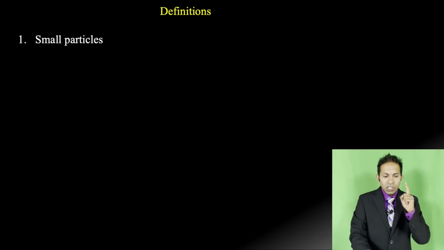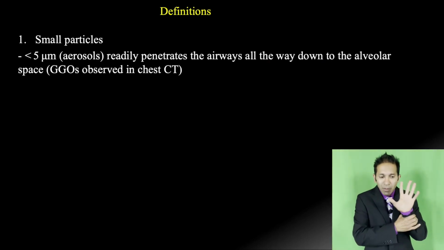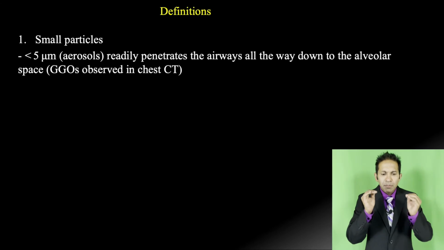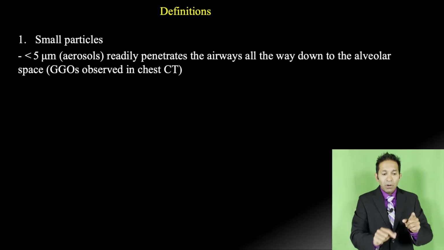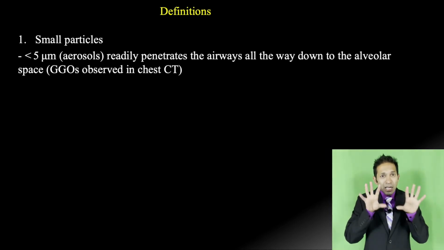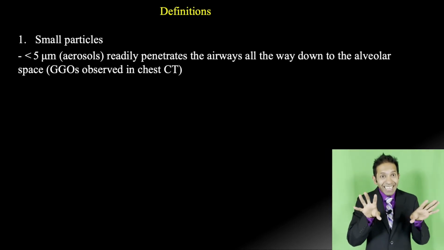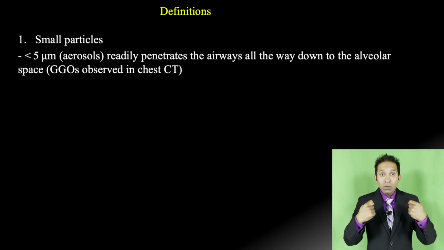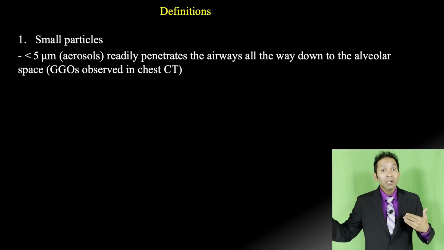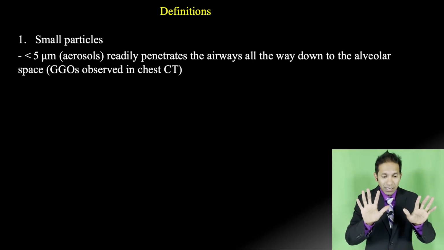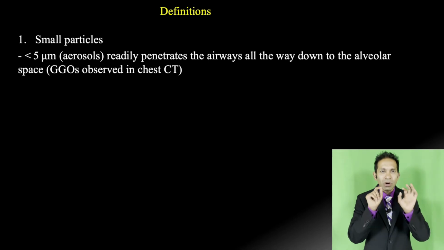So the first definition is small particle. Size less than 5 micron. They are aerosol. They can readily penetrate the airway all the way down to the alveolar space. Okay. Now this point is very important. GGO is ground glass opacity observed in CAT scan. Now some studies have shown patients who are in a healthcare setting and who are dealing with COVID-19 patients can have infection with aerosol, and these aerosols can go directly to their alveoli. You can do a CAT scan even before they become symptomatic. You can see ground glass opacity on their CAT scan. This is typically seen in patients who are in a healthcare setting. Okay,